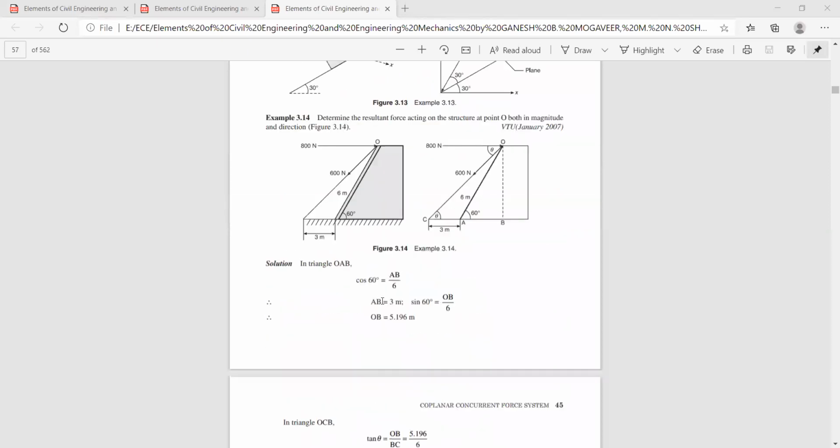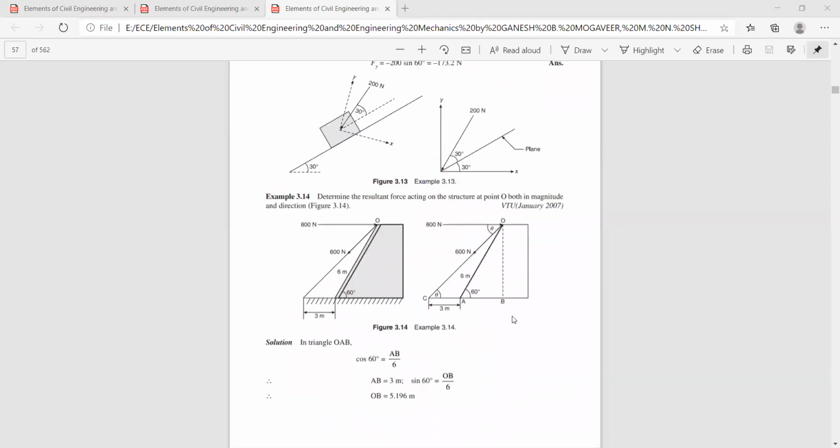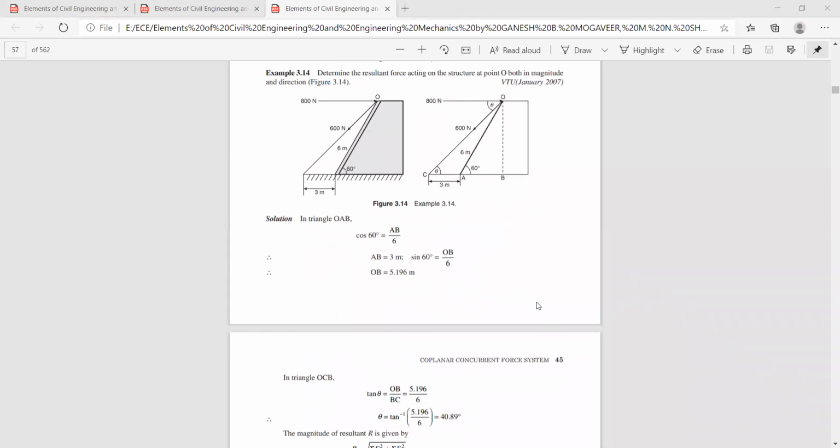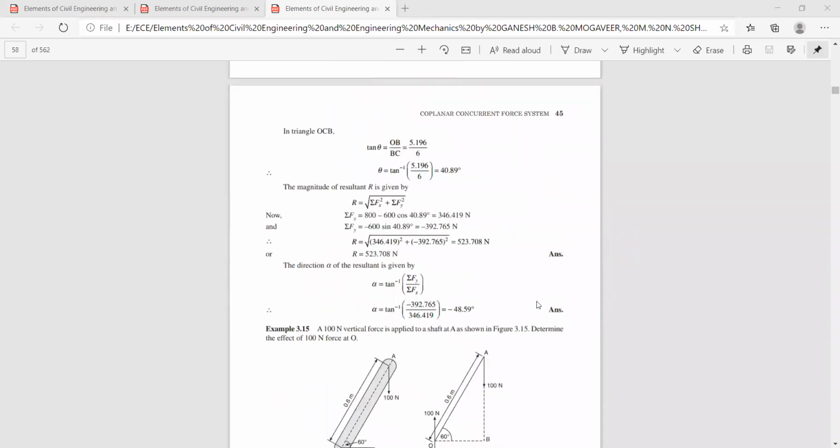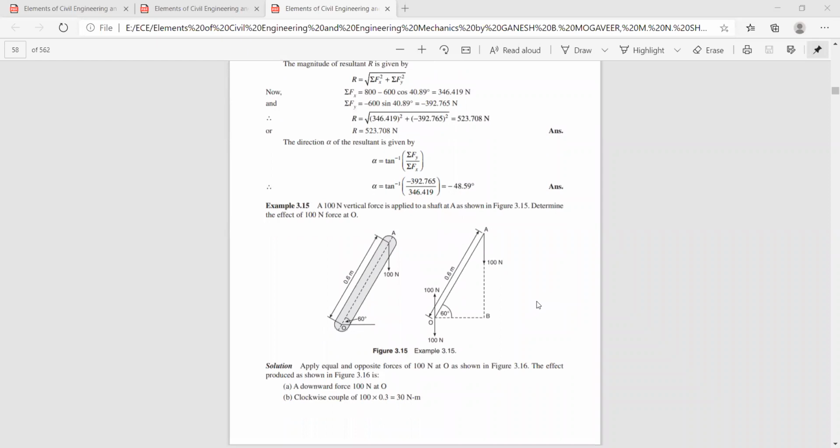So these types of problems also, you may have, only thing is you may have to find this side, and thereby you get this angle. Okay. Only using sine, cos, and tan relations, you can find those unknown things.